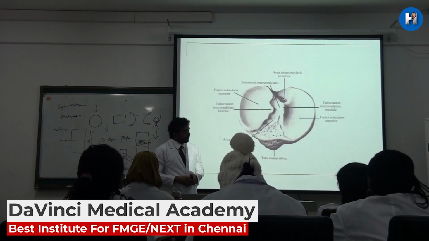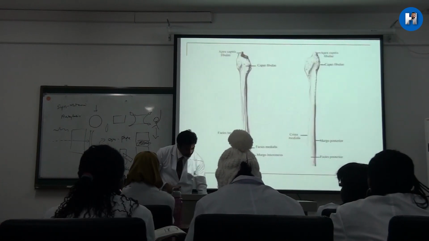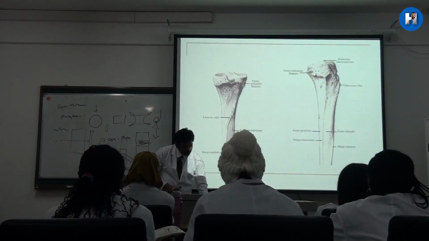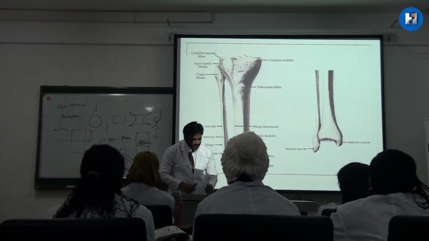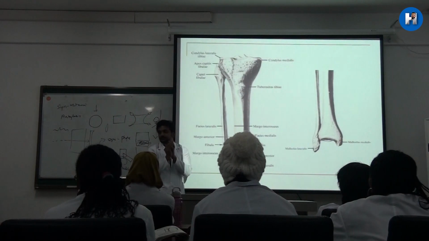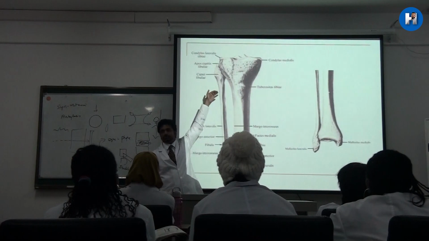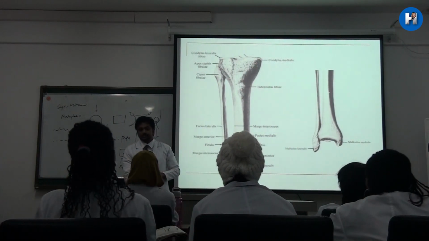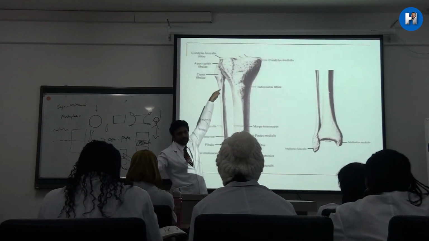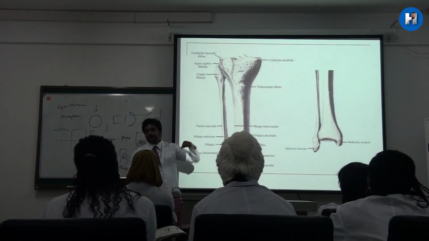Clear? So you can see this is the lateral surface. Now you can see over here, this is the lateral side. There is an articular surface where the fibula head will attach. Understood? So this is the superior extremity of the tibia. Then coming down here, this is the diaphysis. These two, down and up, are the epiphysis.